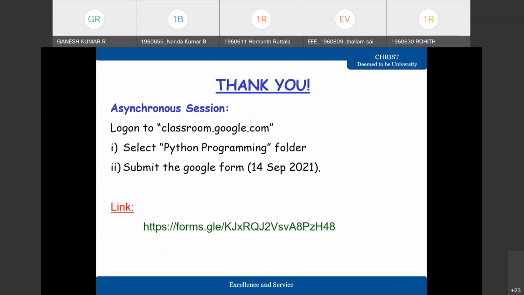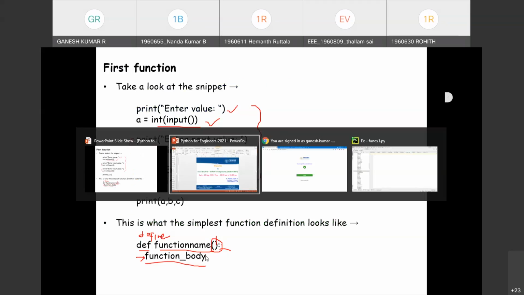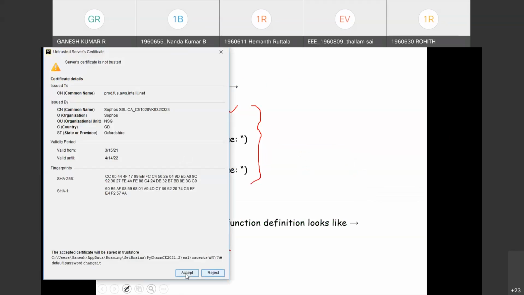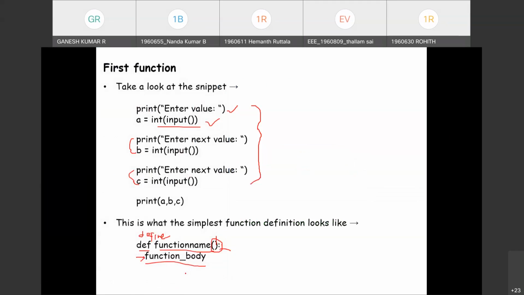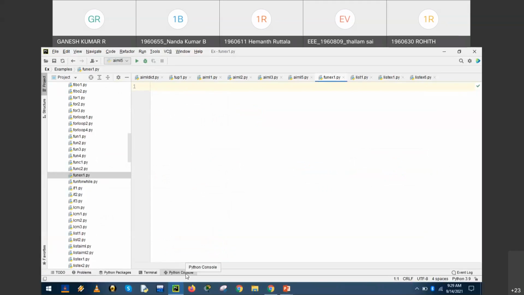Fine. So let us check with a simple example. I'll open the editor. Def: a function definition starts with the keyword def.